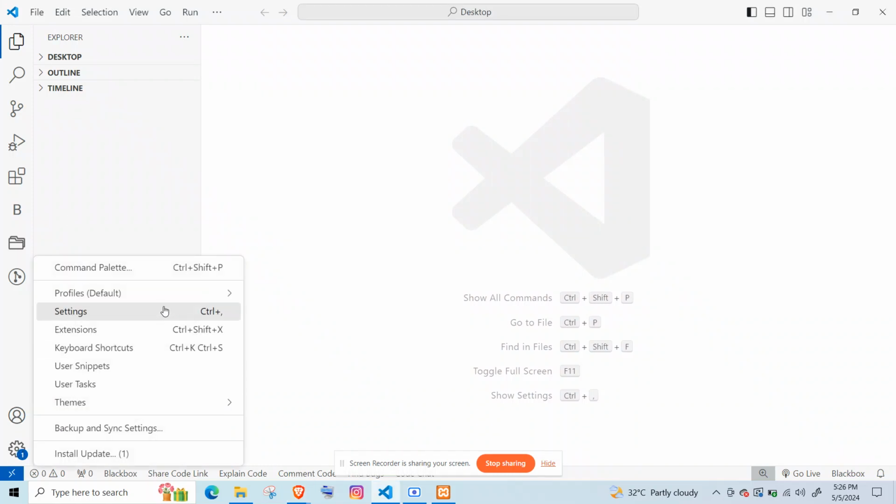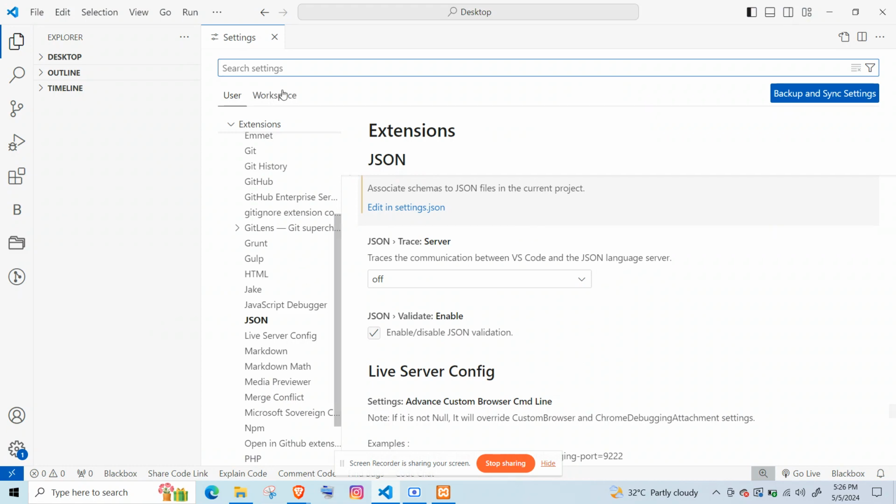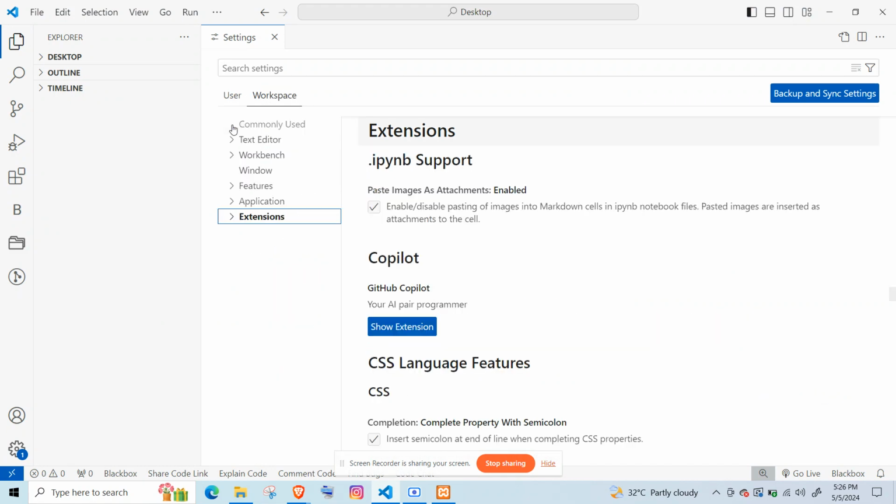In this video, I will tell you how to give the executable path of PHP in your Visual Studio Code. For that, you open the Visual Studio Code and you can see the setting option over here. Click that setting and go to settings option, and here you will see